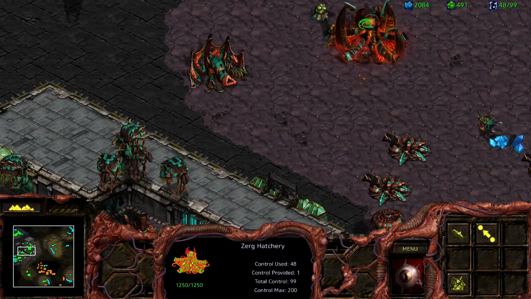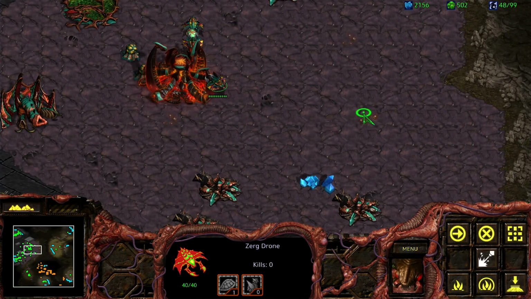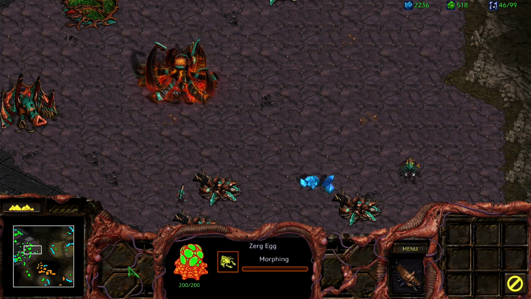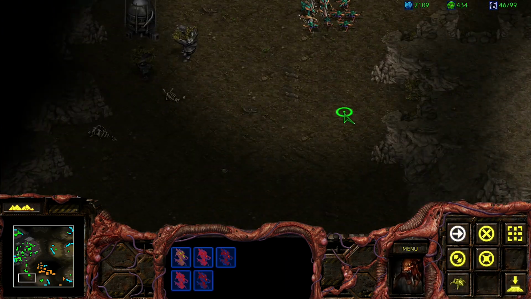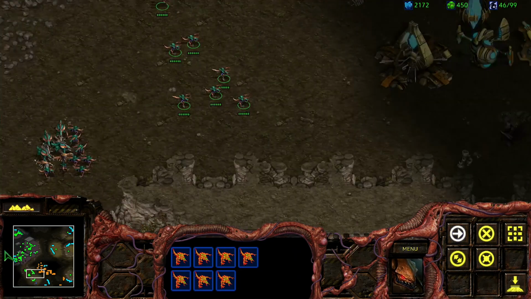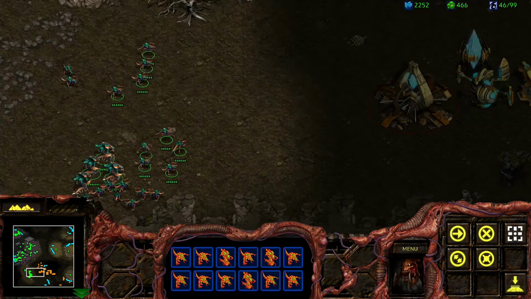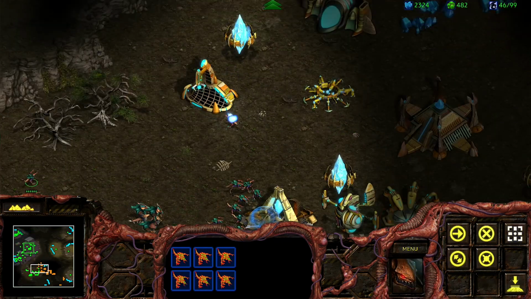Okay, at this point, let me think. Need a queen's nest. Kind of curious if I can take them out now. If I'm running out of resources at my main base, they definitely are out of resources as well. There should be at least. So let's check it out. There's plenty of resources at the moment, but